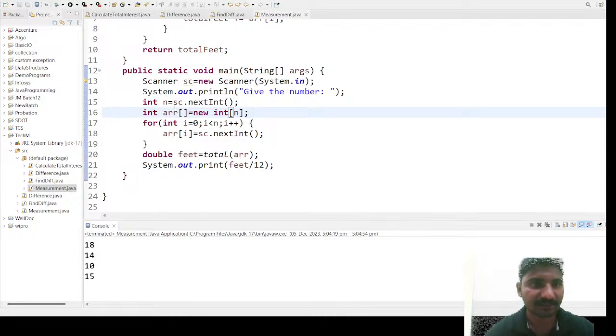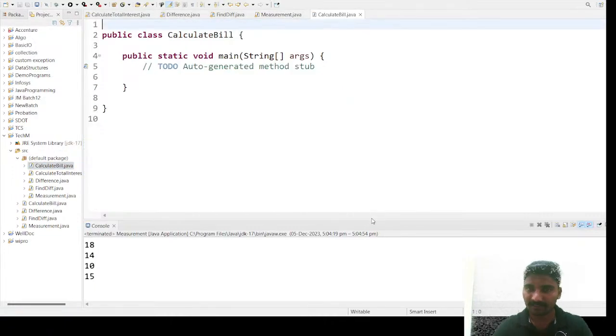Calculate bill tax. I'll create a new class named Calculate Bill, because the constraints have been provided, I'm solving it. Otherwise I thought that you could solve it. This looks fine. Now inside the main method they are clearly telling that you need not take the input from the scanner part. So what I'll be doing,